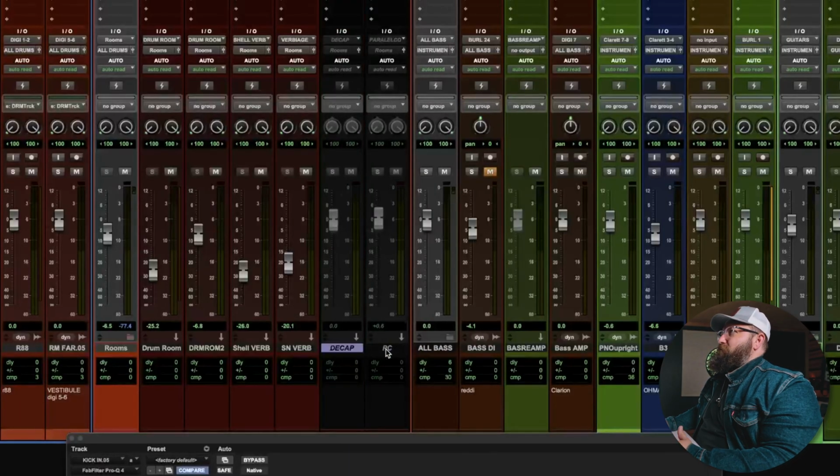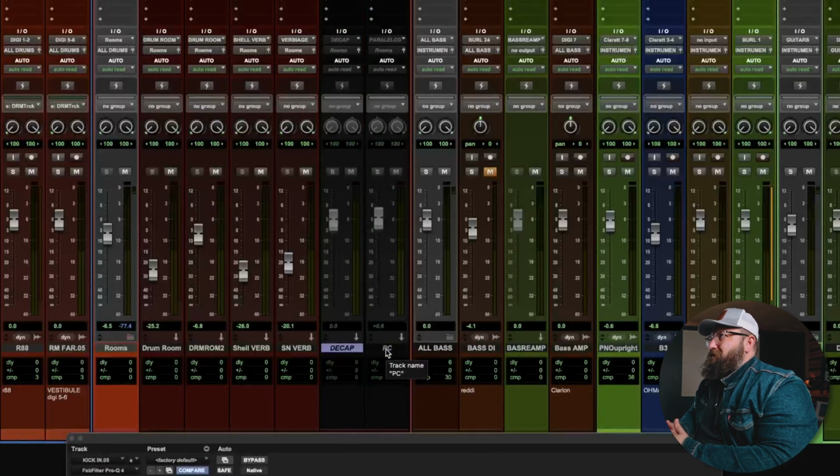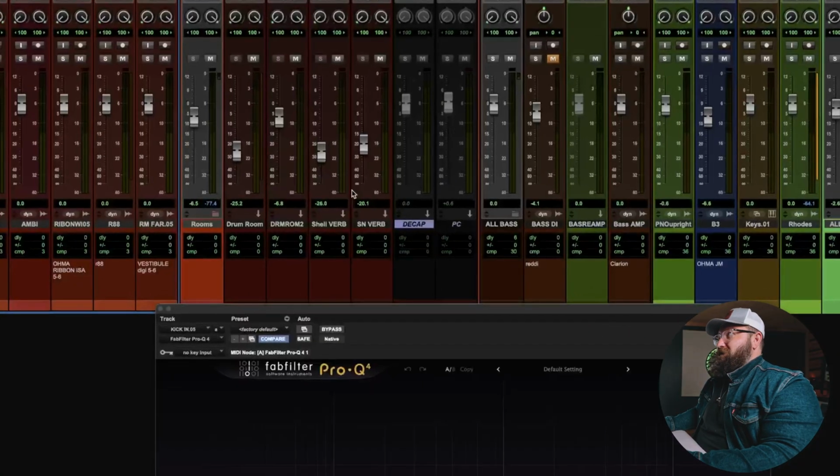Same thing with my parallel compression. I don't really need it in this stage. It's there if I want to start playing with it. We've moved on from drums. We're not recording drums anymore. I can turn those on, but they are there because that is on my mix template, but this is just to get a sound. These rooms are rooms that I tend to use a lot: